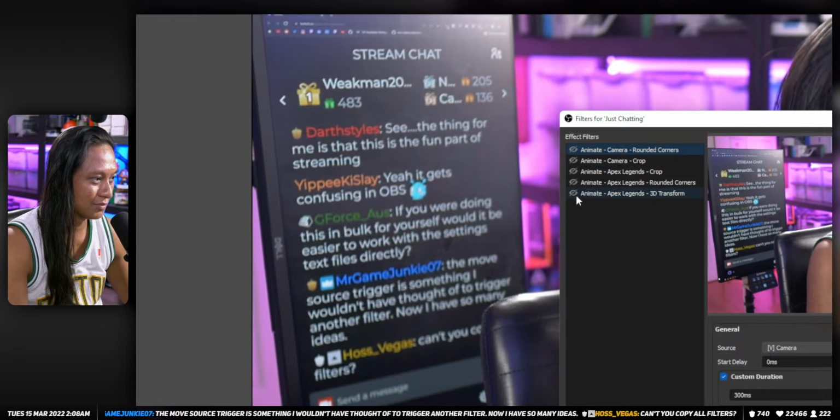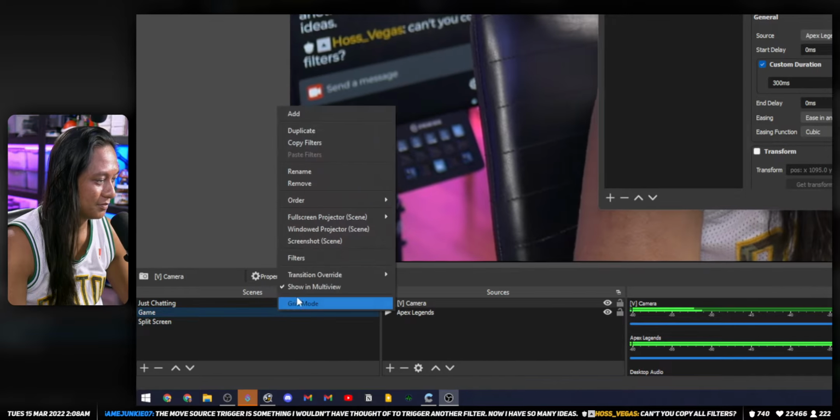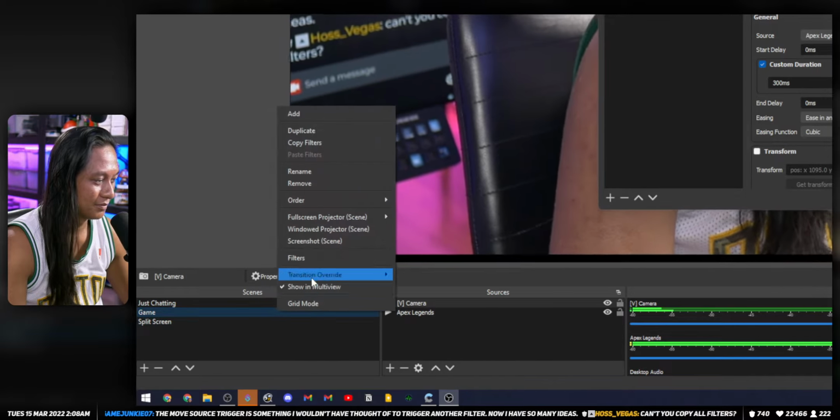So go back here, copy. I can't believe I'm doing this on the internet, guys. 3D transform for our game. And then 3D transform for our split. Split screen. Okay. So if I did this right, guys, if I did it right,